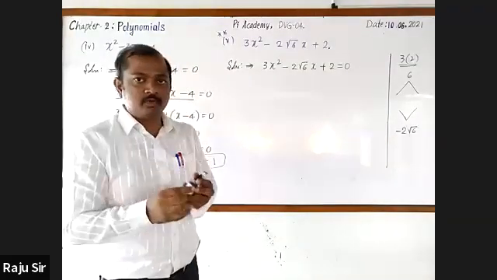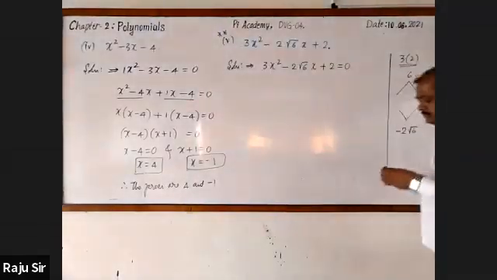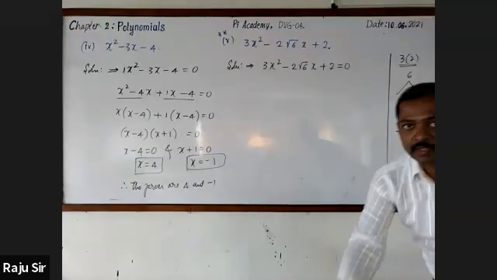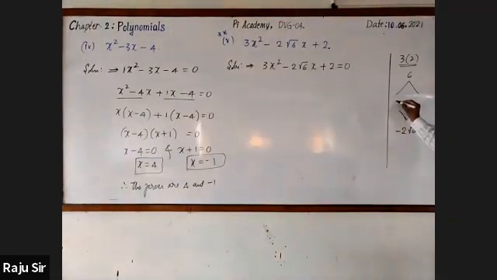Now just observe. Don't write, just look at them. We have to find the factors of 6 such that when you multiply, you get 6, and on simplification, we should get minus 2 root 6. Now look, don't write. If I write 1 and 6, 1 times 6 is 6, but 1 plus 6 is 7, not equal to this. You may write 2 and 3, 2 times 3 is 6, but 2 plus 3 is 5, not minus 2 into root 6.